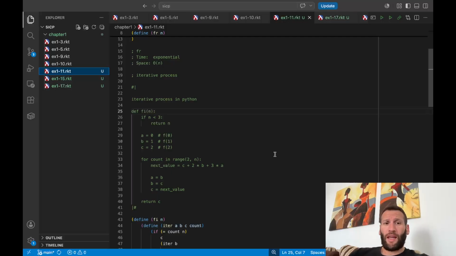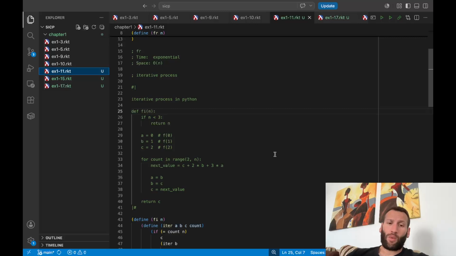So let's see the iterative process written in Python. We have a stopping condition. If n is less than 3, then return n. Otherwise, we define these variables. A is equal to 0, B is equal to 1, C is equal to 2, and then we have a loop construct